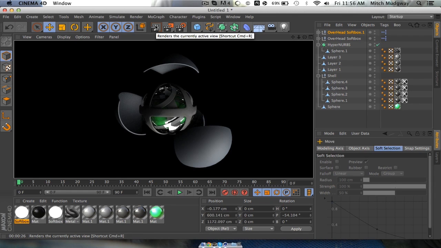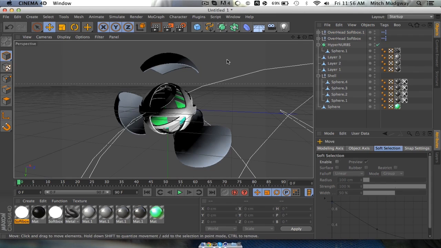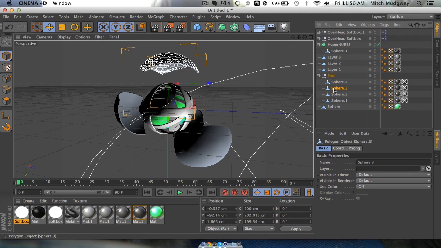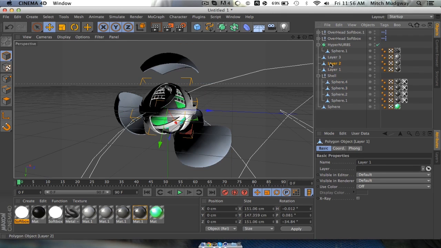Before I let you go, basically you can do this in any kind of concept, so you can do whatever shapes you want, whatever outer shells you want, any of that kind of jazz. But I'll give you a quick rundown on how to animate it. I won't do the shell because that's quite time consuming sometimes, but I'll just do the inner bits. So start out at layer 1. You want to